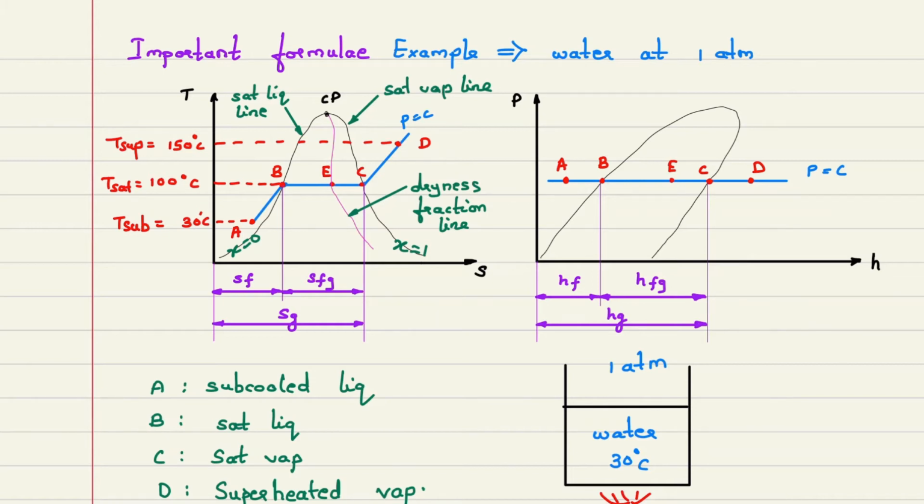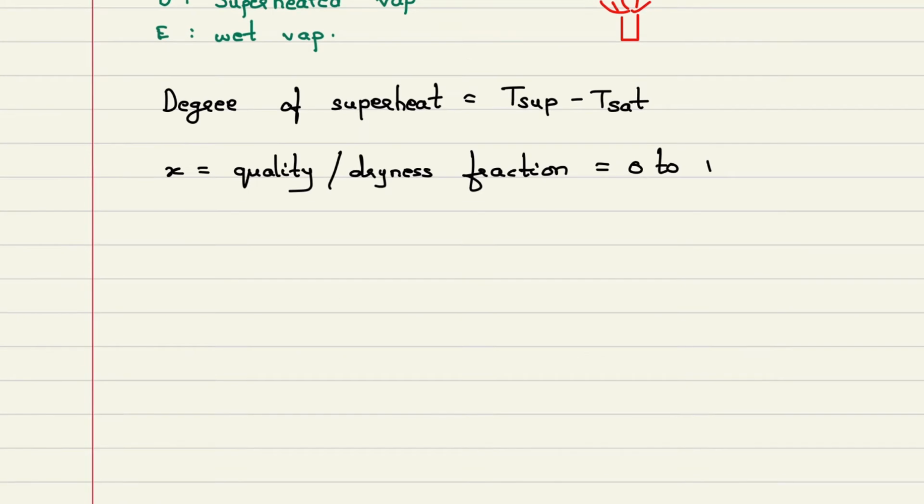So basically we have to understand the formulas, because we require formulas when we are solving numericals on vapor compression system. We will define formulas of specific volume, specific enthalpy and specific entropy one by one. First we will see specific volume. It is denoted by small v and its unit is meter cube per kg.